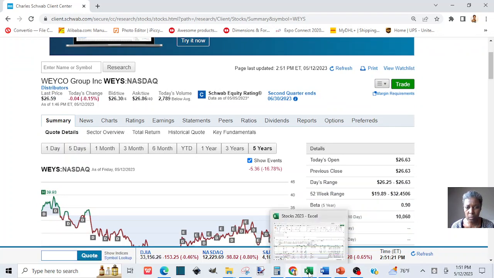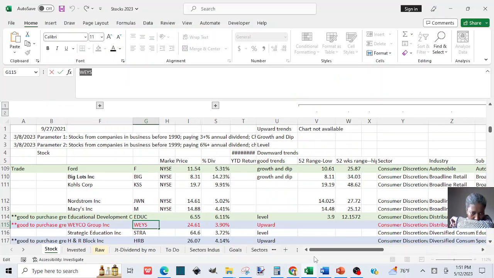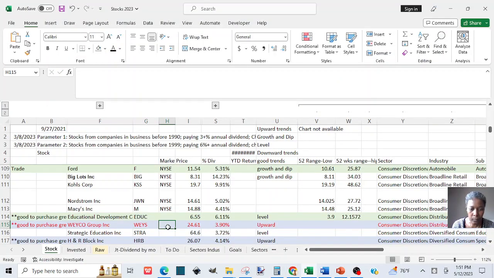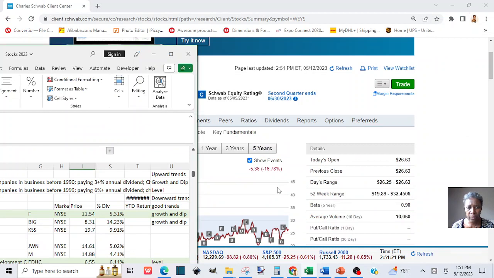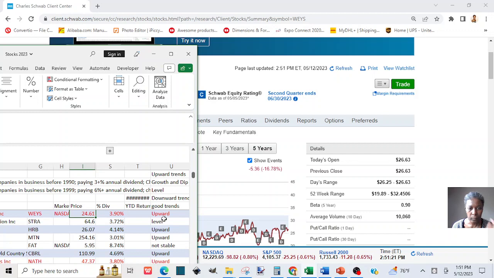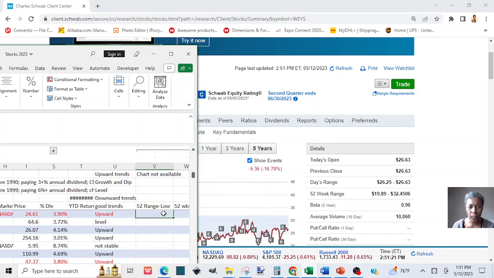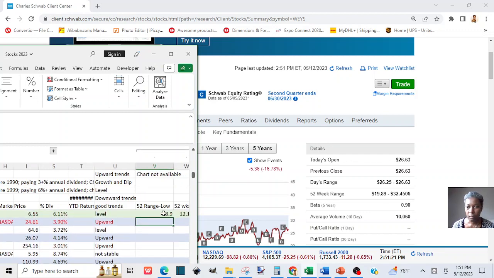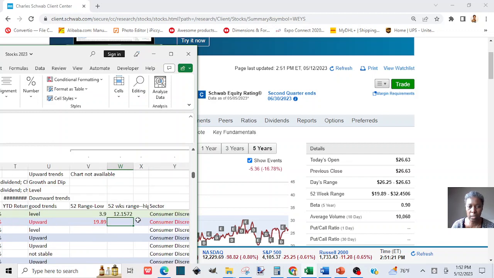So we are going to go to, we have NASDAQ and the 52 weeks low at some point was 19.89, another time it was 32.45 or 6. Okay,